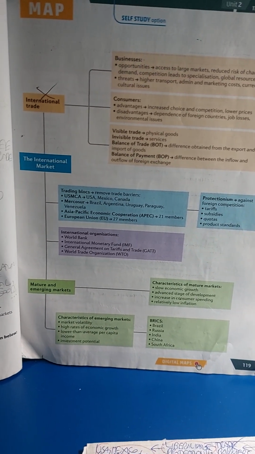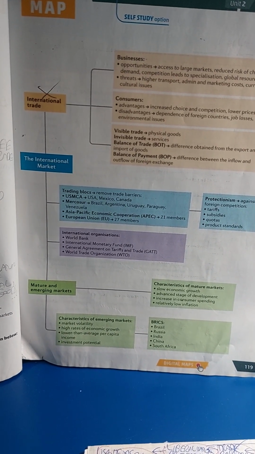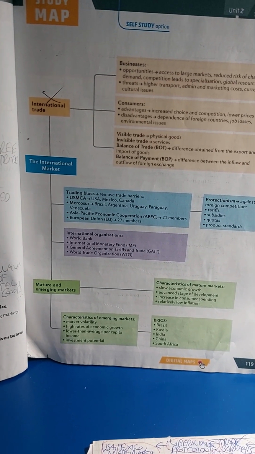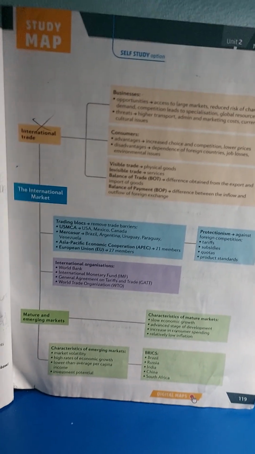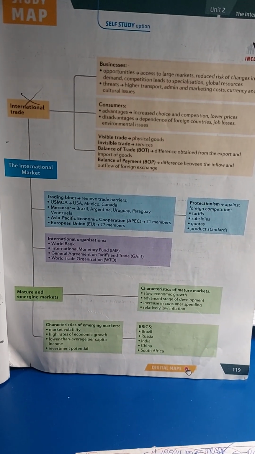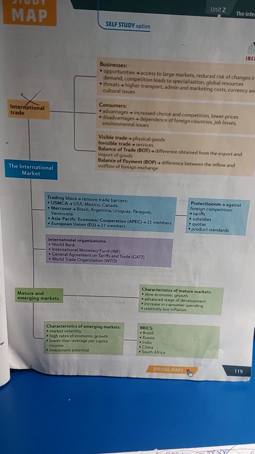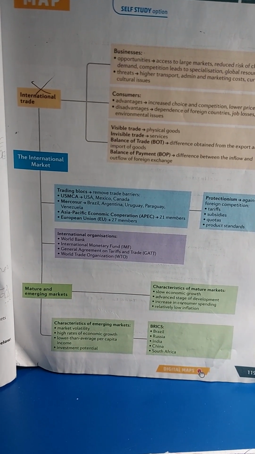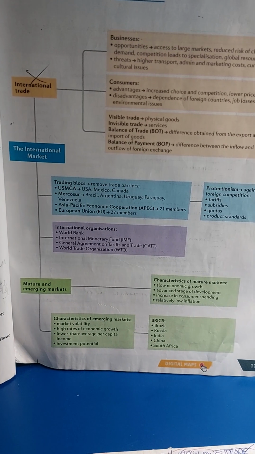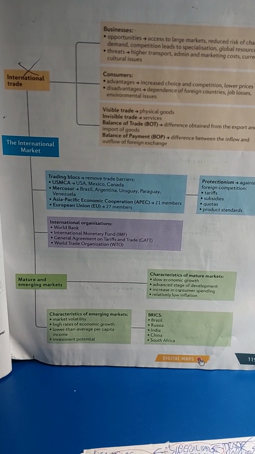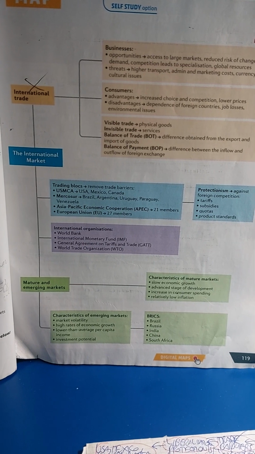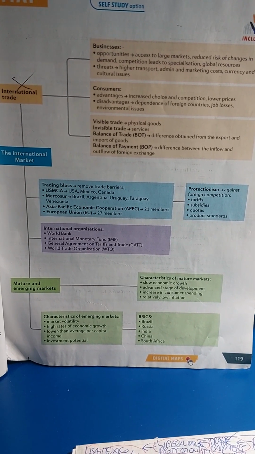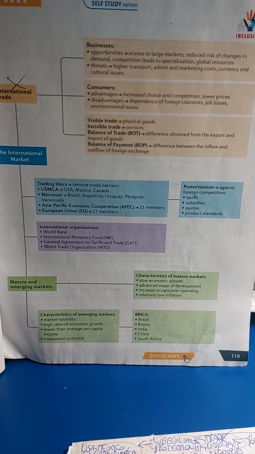The GATT was replaced by the World Trade Organization after World War II, and the World Trade Organization has to implement trade agreements and also avoid trade disputes. And in order to conclude, I talked about the trading blocks. Trading blocks are agreements between two or more countries in order to remove trade barriers and in order to promote trade